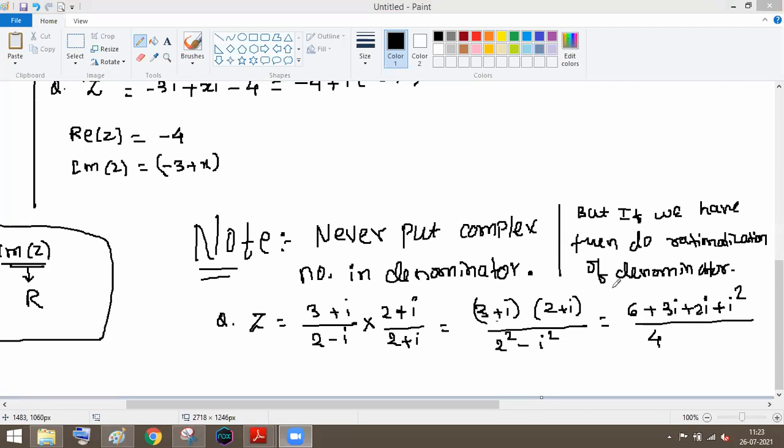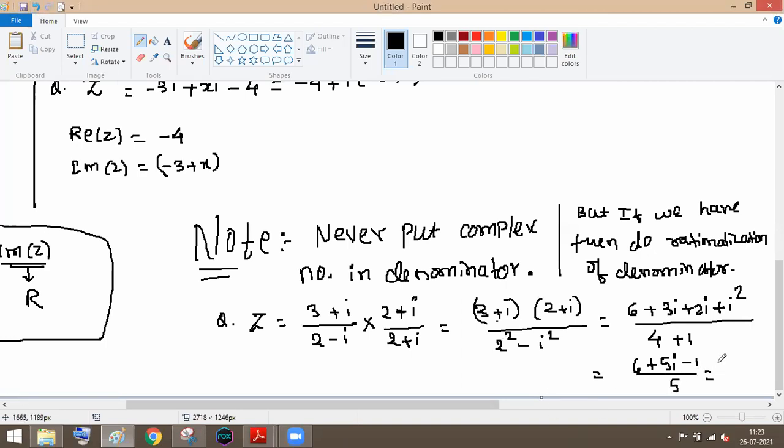What is i square? It just changes the sign. तो यहाँ पे minus है तो +1 हो जाएगा. i square is -1 ना? That's why it changes the sign. So 6 plus 5i square is -1, not i square is minus i. i square is -1 upon 5.